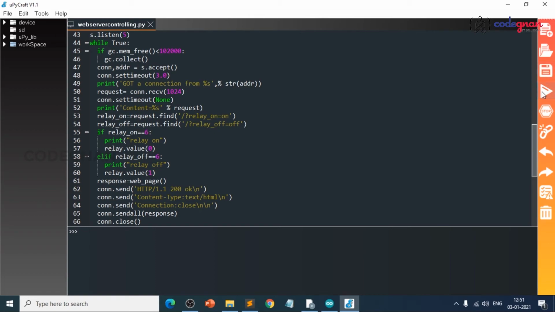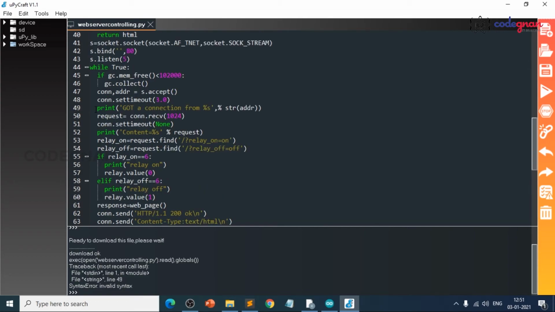So play button. Once it gets connected, it will give the IP address for us. So invalid syntax on 49th line. Yeah, got a connection here. str of, we need to look at it here. So remove the comma, save and run the program.